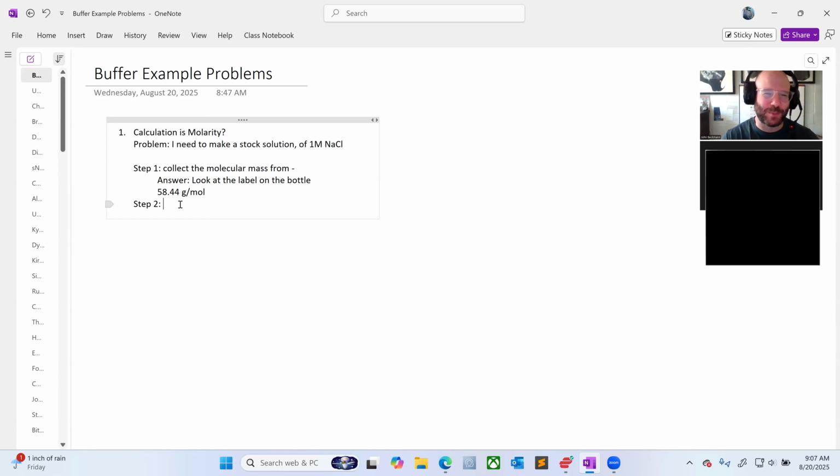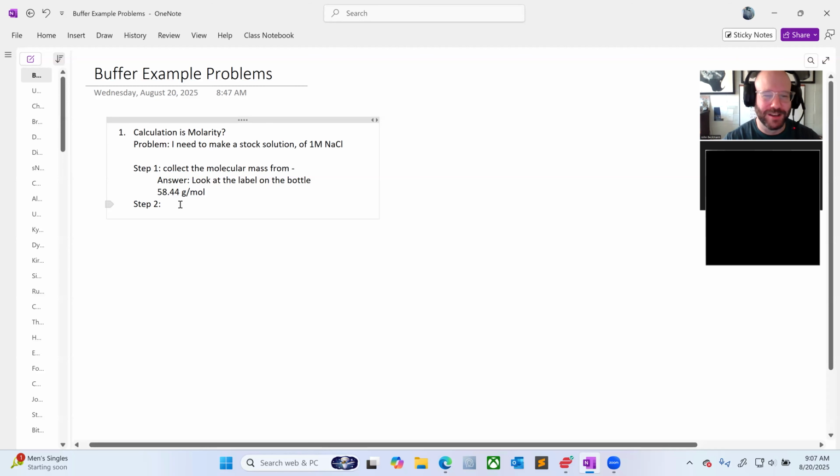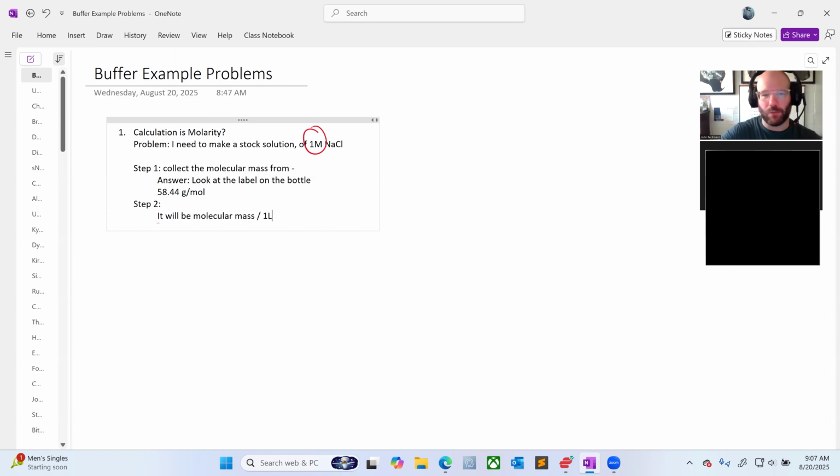So this might be too simple for you guys, but we're starting at the basics just so that I make sure that everybody understands. And this is the most common thing that you'll be doing. So that's why I think it's important to have a solid foundation. So the key thing is if you want a 1 molar, the definition of a 1 molar solution is going to be the molecular mass per 1 liter of water. So that would be 58.44 grams. You'd weigh that out, and then you would dissolve it in 1 liter of